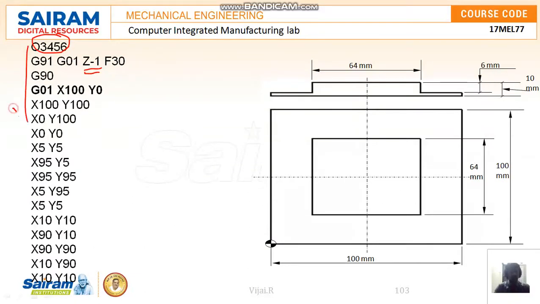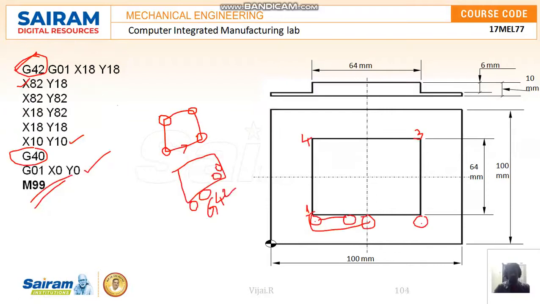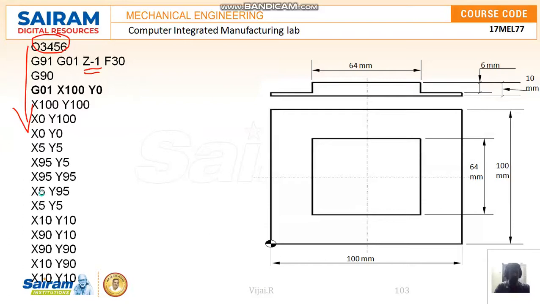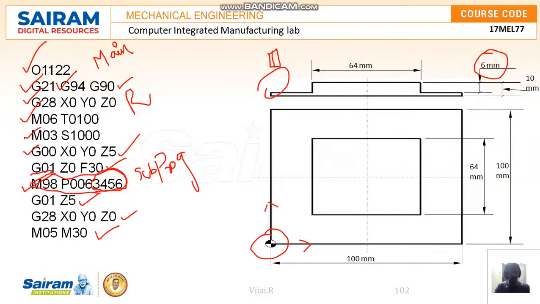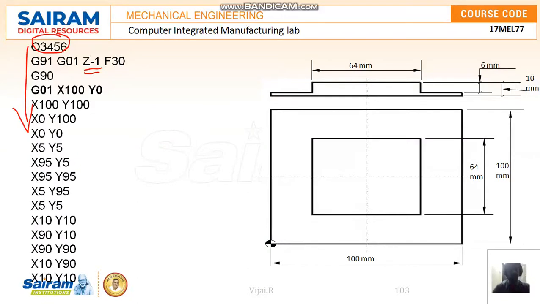It starts to activate from here. So everything until this M99 it will run, and the subprogram will end after this M99. Again it will follow this. After completion of the loop, it will go for this one. Already we know in mirror operation also the same is done here. So after completion of the subprogram, this will finish and the program will be finished. But we have to write in order, and the same two program numbers are compulsory: the main program number and the subprogram number. Okay, I hope you have understood this one.